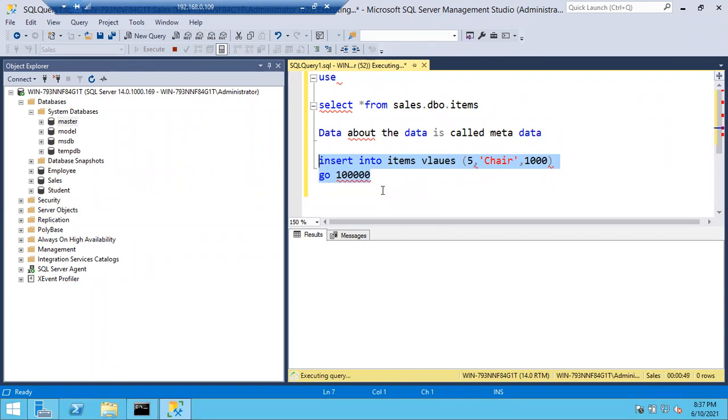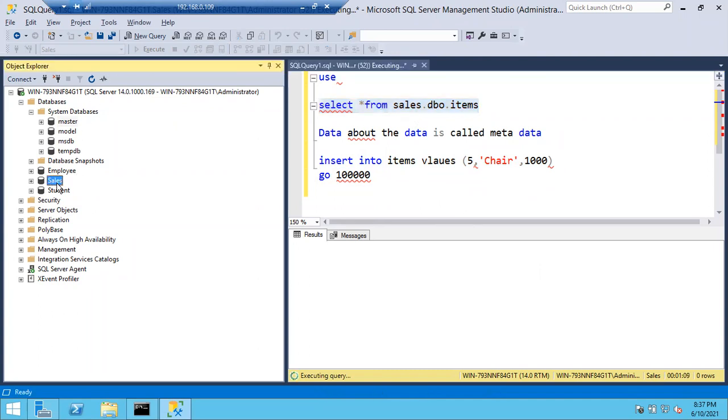Once you insert 1 lakh records, when you run the select query again, there is no need to drag and drop to see how many records are there in the output. Once you run this query, you can easily see it here. Let me copy and run this query. Yes, sir, the value spelling got mistaken, sir.